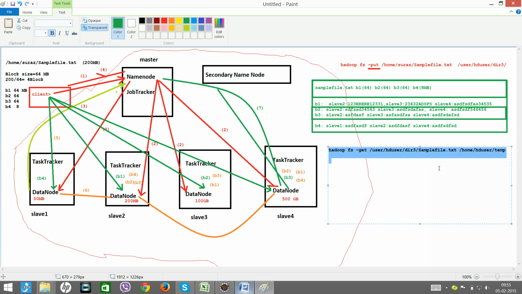This is the command to copy the data from the Hadoop system to the local system. Check it out: hadoop fs -get /user/sd user. SD user is our Hadoop user. Directory 3.